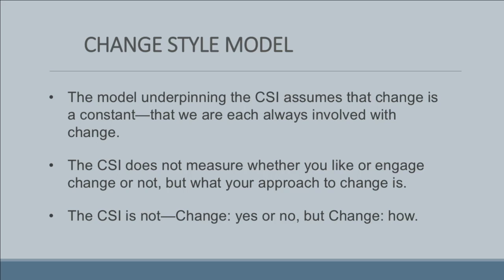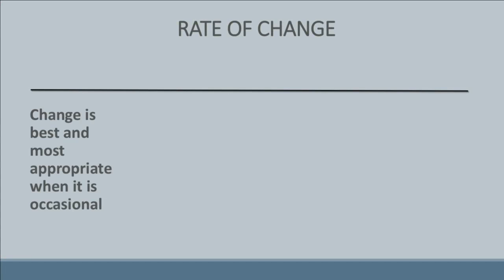The nice thing about that is that this is a model that puts everybody on a nice footing. You're never on a change-resistant, I'm against it, change is bad place. And so everybody is change yes, but how best do we go about it? And so when you think about this, you could think about change from a perspective of rate. What is your desired rate of change? And so it's easy to think about that on this continuum line.